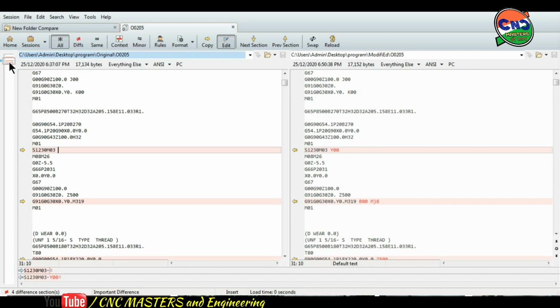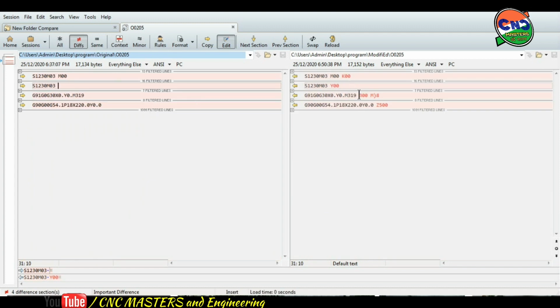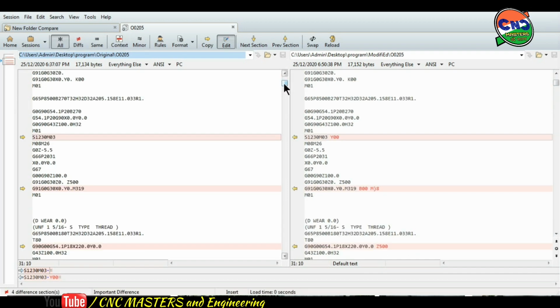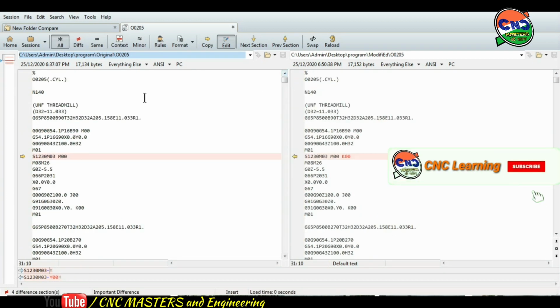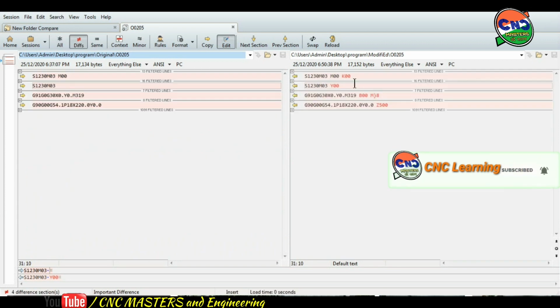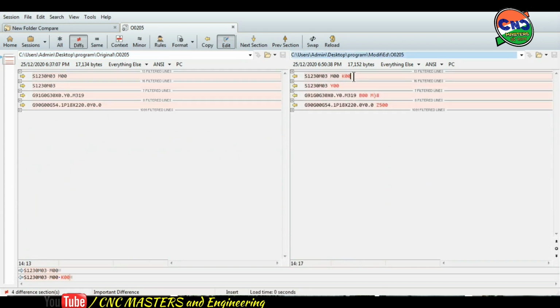If you don't want to scroll down, just go to the diff. You can see the four lines having a difference in the whole program. There are multiple thousands of lines in this program, but by selecting diff, it will show only the lines having a difference between the two programs. You can see here k0000. Again, if you want to copy something from this to this, like I select here, the copy arrow points this side, which means this text will be copied into this program. If I select the other file, the arrow will point to the other side.